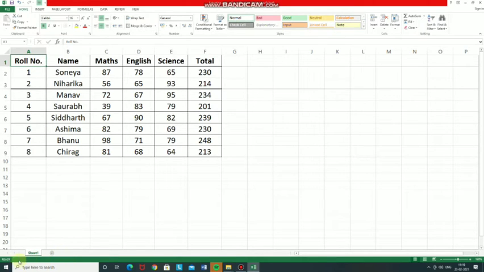You can see here now, you cannot see extend selection mode being on or off. So if you press F8, see here, extend selection is written there. So extend selection mode is turned on now. Then click the diagonally opposite cell, the last cell of the range, and the range of cells will be selected. I pressed the F8 button, you can see extend selection is on, and now I click here F9. So all the cells are automatically selected.